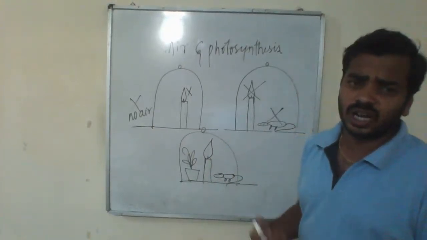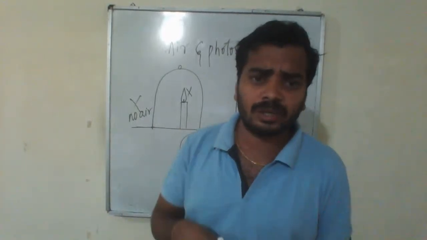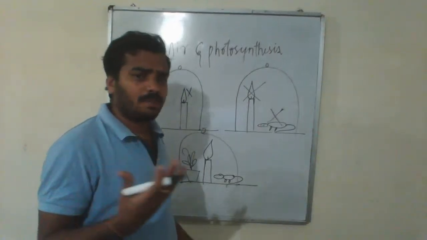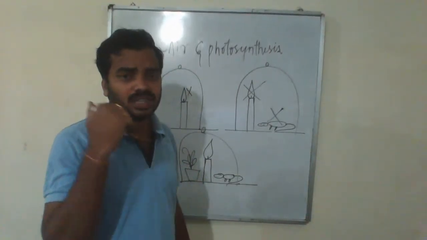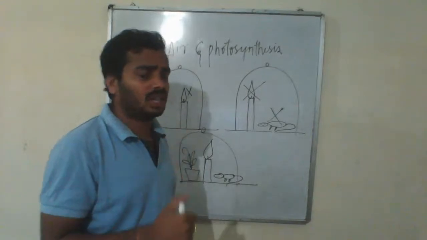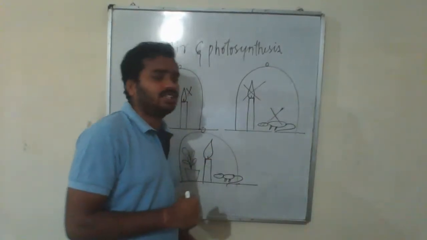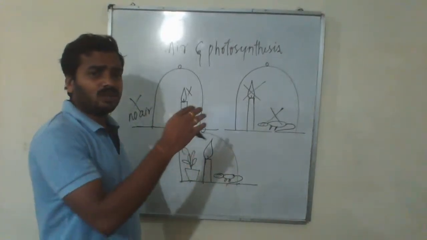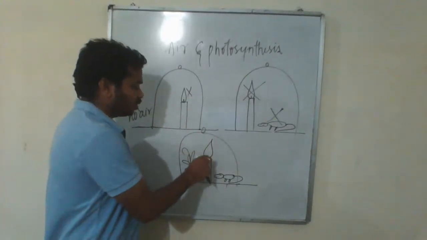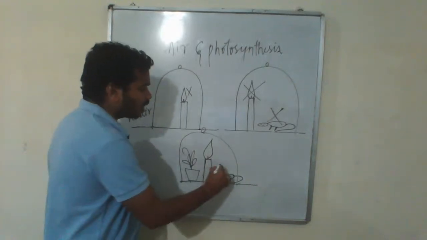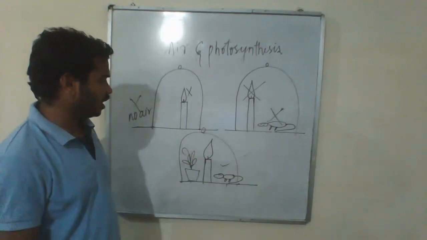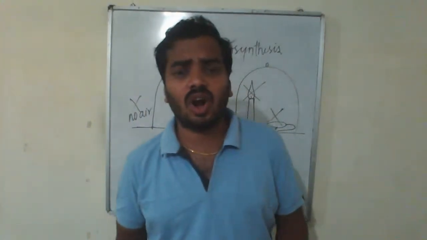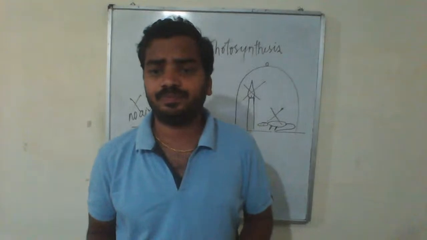Now we can use a modern technique. If we do this same activity now, we can use an electric spark, or focus lights similar to magnifying glasses. Highly focused lights are available, and we can light the candle with them. So by converging the rays upon the candle, he lit it from outside. This one and the mice both are surviving, whereas here they got put off and the mice got suffocated.